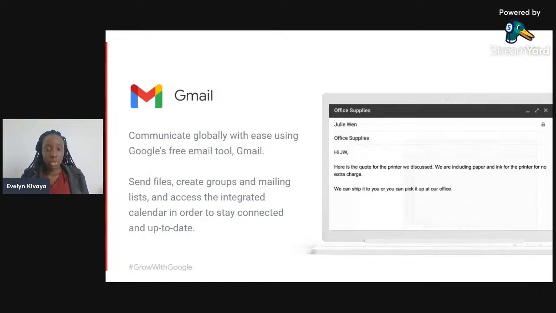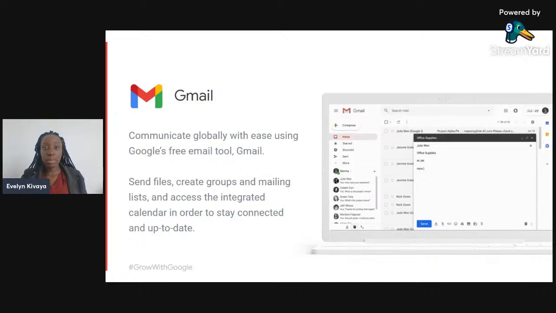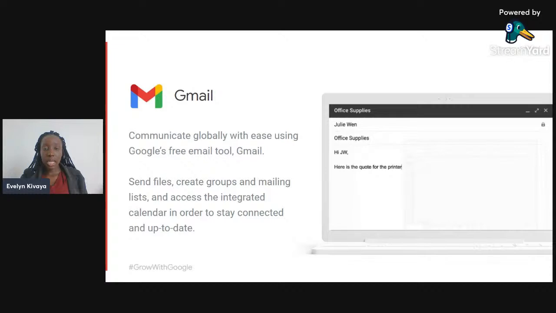Gmail really works hard to keep you and your data safe. It also has a tool where, if you delete an email, it goes straight to the trash, but it will not be completely deleted until 30 days are over.